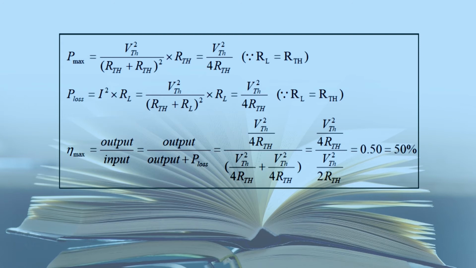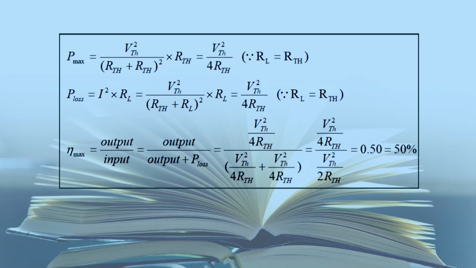So whenever it is asked to find the value of the maximum power transfer in any given circuit, what you have to do, because as you know the formula P max is equal to V_TH squared upon 4R_L. That means you have to find the Thevenin voltage, and at the same time you have to find the load resistance. And how to calculate the load resistance? Load resistance is equal to the Thevenin resistance. That means you also have to calculate the Thevenin equivalent resistance of that particular circuit.